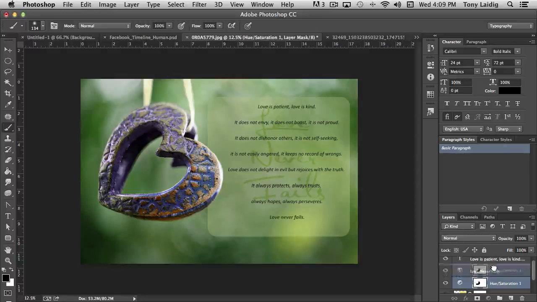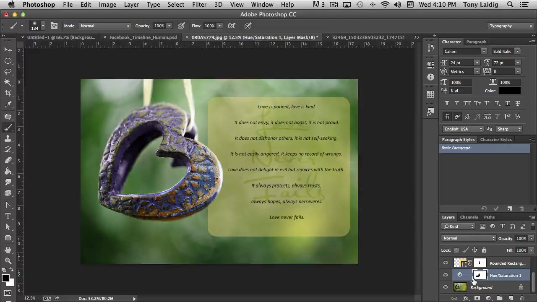If I move it up yet another notch, it's going to affect everything underneath it. So that includes the type, that includes this layer box, and so on, and also the background image. If I move it back down, those other ones aren't affected at all, and now it's only affecting